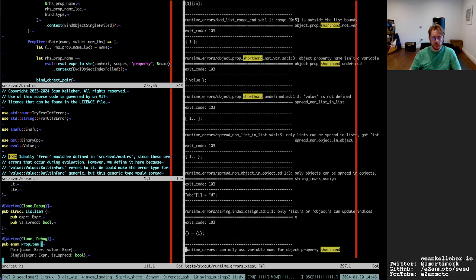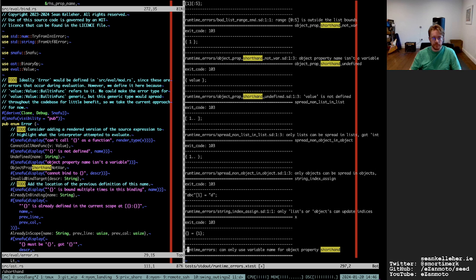Yeah, object property name isn't a variable. And that is object prop shorthand, not var. Oops. Do that to give it a unique name.